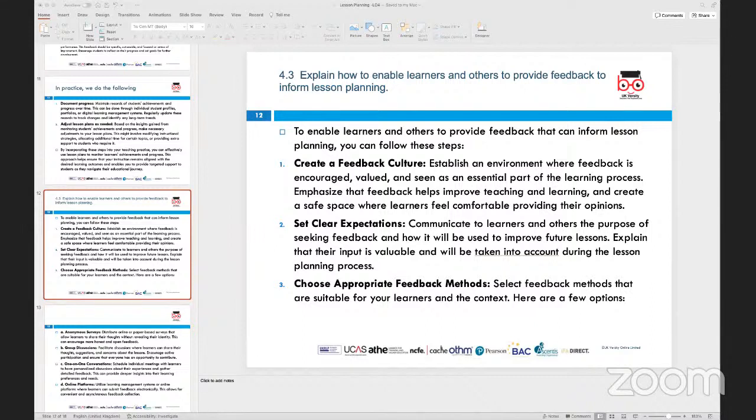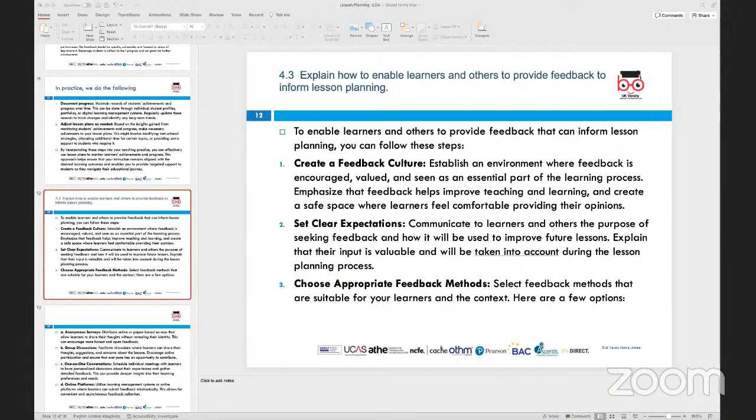So this could be done with external stakeholders, which could be parents, or different regulators or bodies like Ofsted. Once they visit a particular institution once in 4 years, audit them, inspect them, quality assurance agencies would be stakeholders and they would be able to provide feedback. So when we say others to provide feedback, they would include these regulators, parents, and other agencies which work directly or indirectly with a particular educational setup and are responsible for the audit and assurance side of things, to see whether the quality of the education is being maintained. And they would be the ones termed as others that are able to provide feedback on lesson